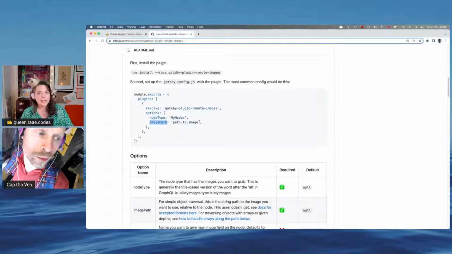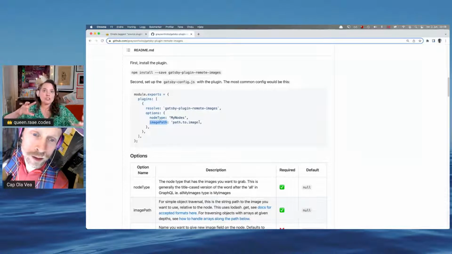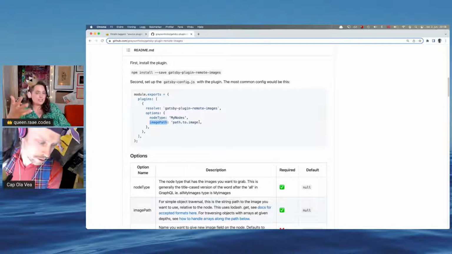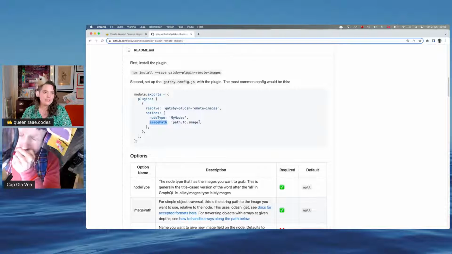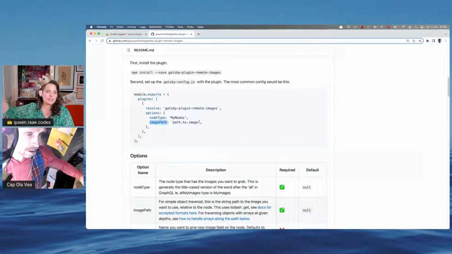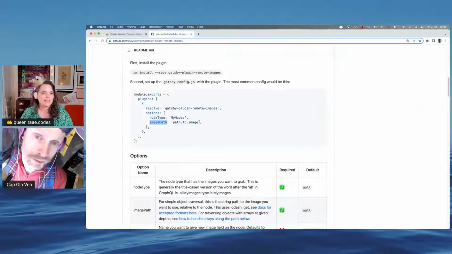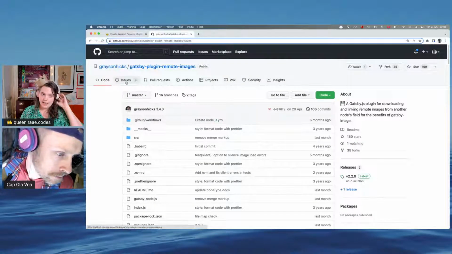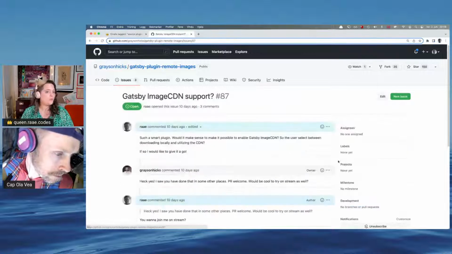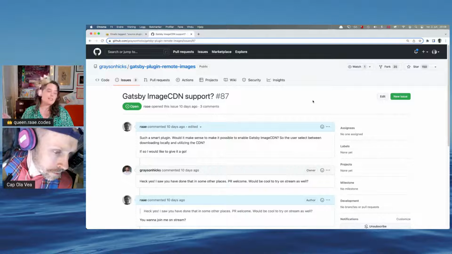And that's what I really like with this. This is when the Gatsby plugin ecosystem really works, because then our code could just be about sourcing YouTube data, and then the remote images plugin could be about grabbing those remote images and downloading them as local files or using the Gatsby image CDN. And I was like, okay, this is a really cool plugin. And I asked him, so, what about Gatsby image CDN support? Like we have done in our plugin and that we did for the